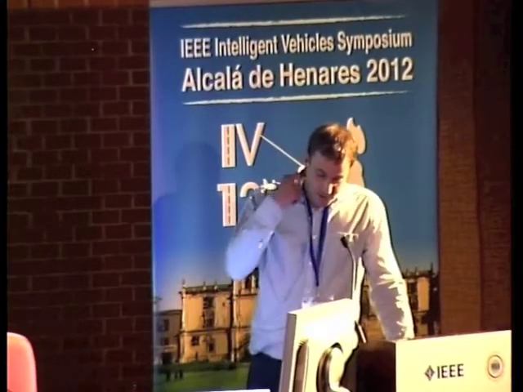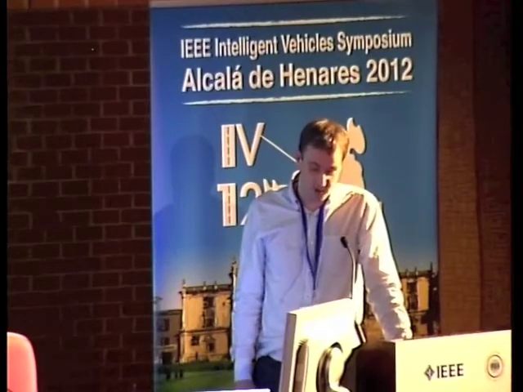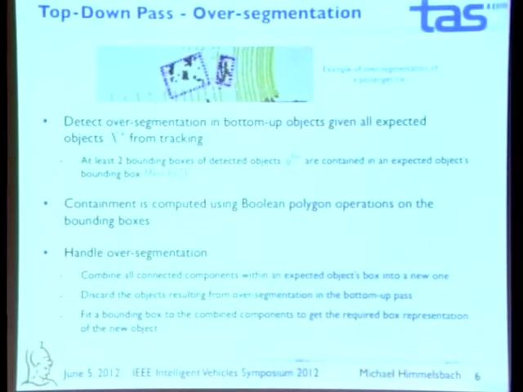So now we've got information about the expected objects, and now we want to integrate them to refine our bottom-up segmentation. So again, there are two failure modes, over segmentation and under segmentation. They are treated separately. So let's first handle over segmentation. Again, in the picture on the top, there's an example showing how over segmentation of a passenger car might look like. So these gray level points usually really correspond to one passenger car. And we detect this over segmentation situation